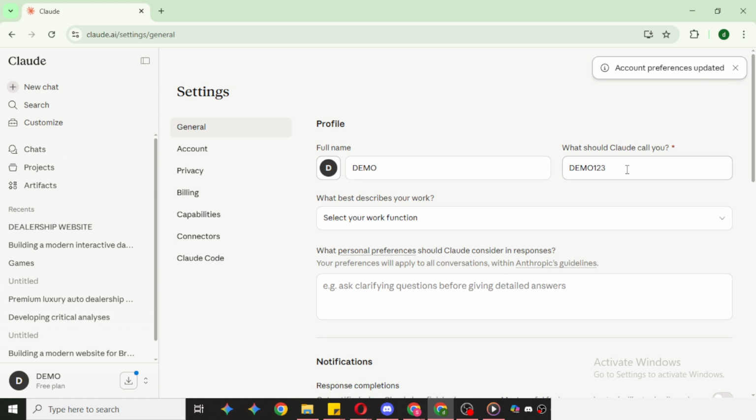That's all there is to it. Click Profile on the bottom left, open Settings, head to General, enter the name you want,